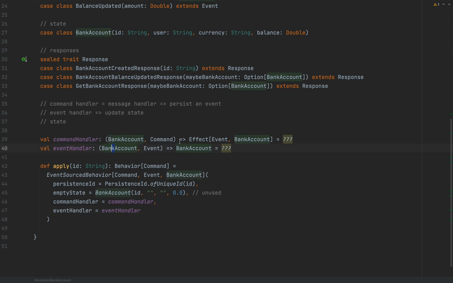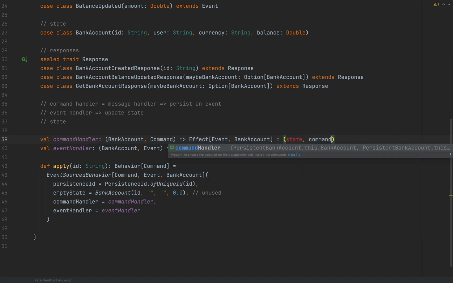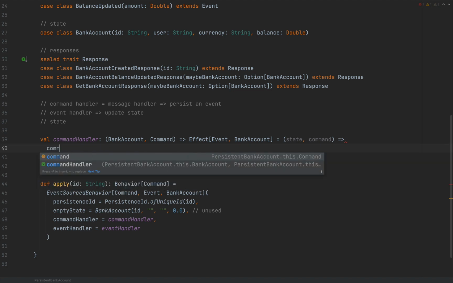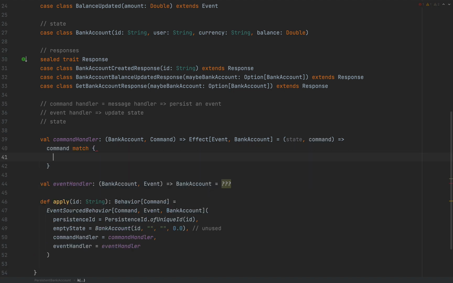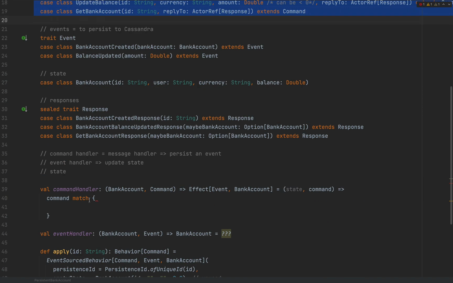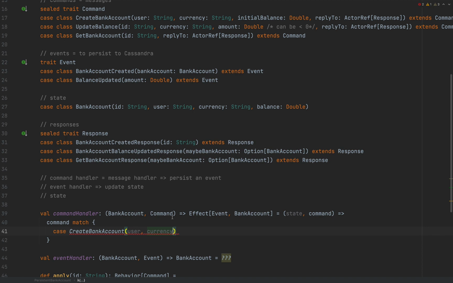So we have the command handler and the event handler. Okay, so this is a 2-argument function. So I'm going to use state and command, arrow, and I'm going to use a pattern match on this command. So I'm going to have command match, and I'm going to run a pattern match on the cases that I have here at the top. So in case I get a create bank account with a user, currency, what did I have there? Initial balance,